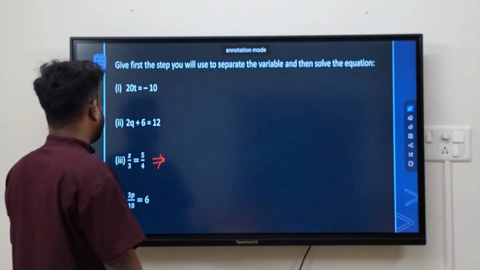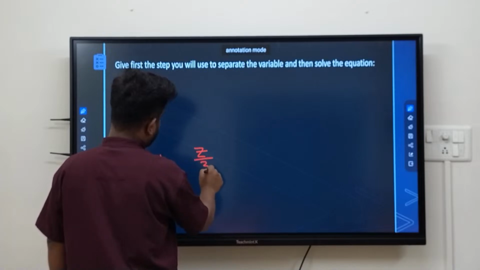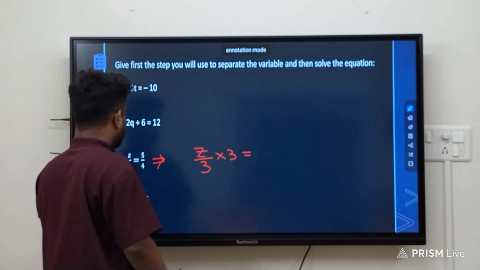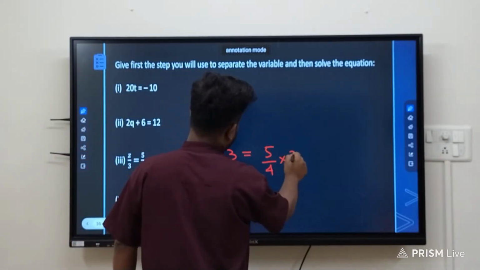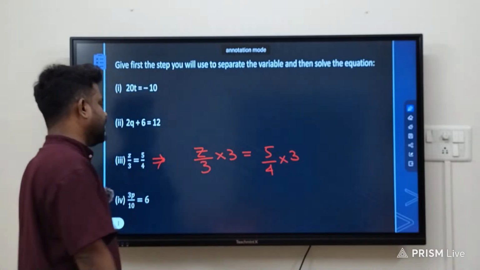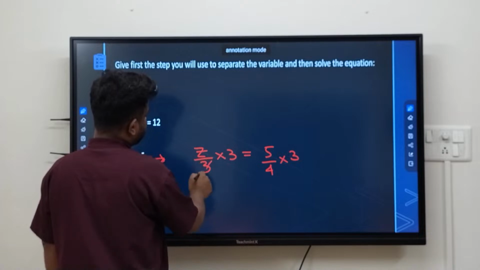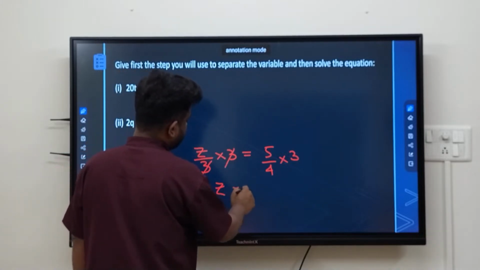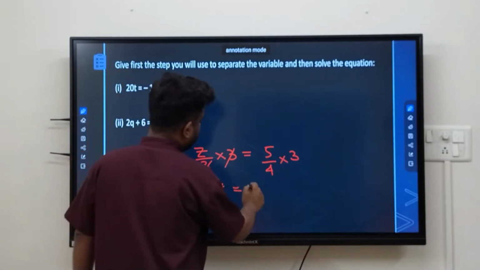So we have z by 3 and 5 by 4. To remove the 3 from it, we have to multiply by 3 on the left side, and again multiply by 3 on the right side as well. By doing this, the 3 and 3 will get eliminated and there will be only z on the left hand side, and on the right hand side the 3 and 5 will get multiplied